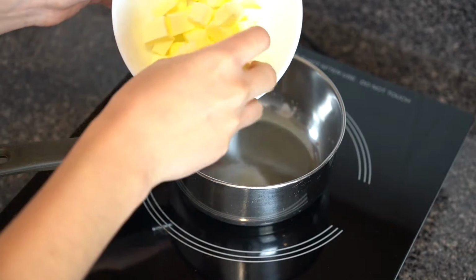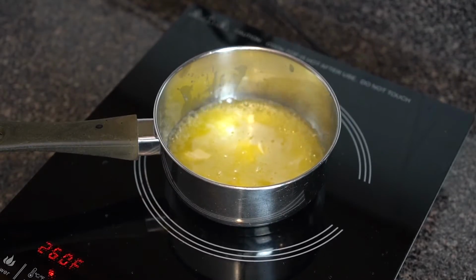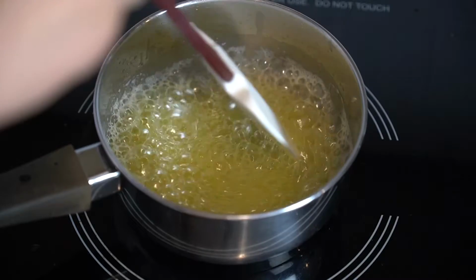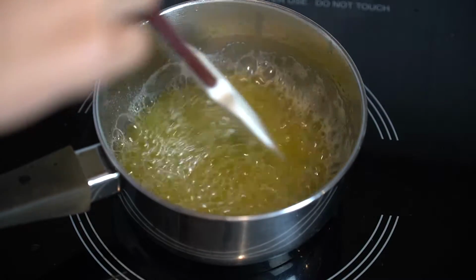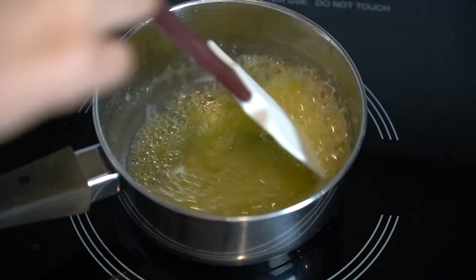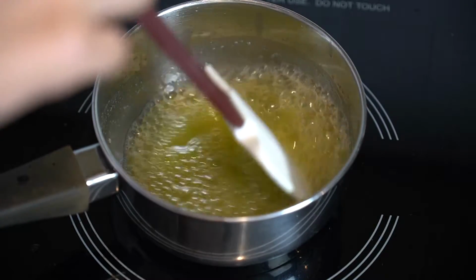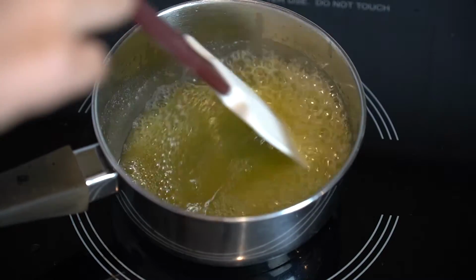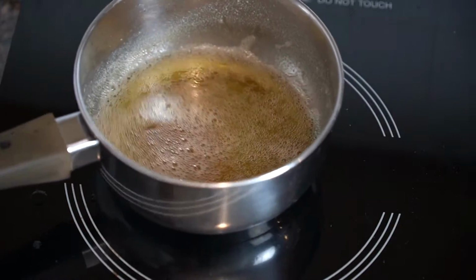So we are going to start by bringing 113 grams or 1 stick of butter to a boil. Lower the heat and allow that to simmer for about 5 minutes or until the bottom of the pan starts to brown a bit. You want to stir this to keep the base of the pan visible to you because the bubbles at the top are always pretty pale. And if you don't pay attention to that bottom part, you might burn it. So once your butter has reached a lovely caramelized tone like so, turn off the heat and set that aside